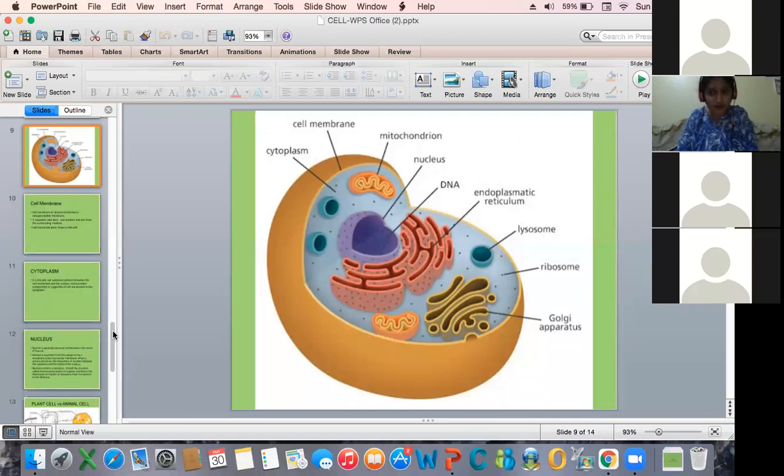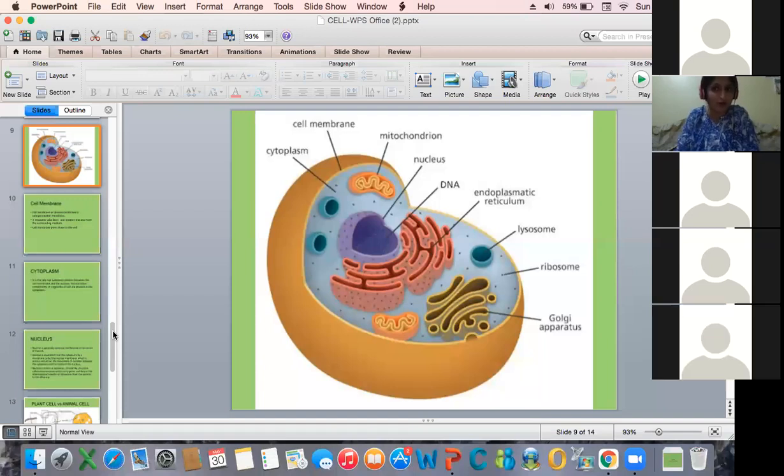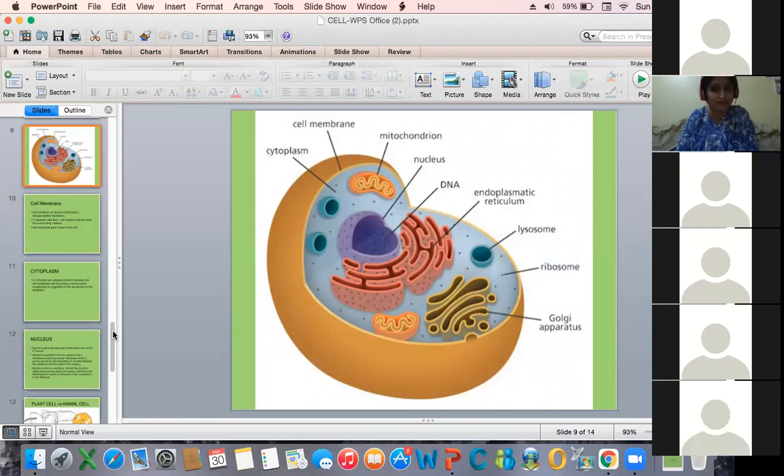Very good answer. Now, can you tell me, Robert Hooke, for the first time he observed the cells. Were these dead cells or were they living cells? The cells observed by Robert Hooke, were they dead cells or living cells? They were dead cells. Good, very good. Good children. So the cells were first observed by Robert Hooke and they were dead cells.